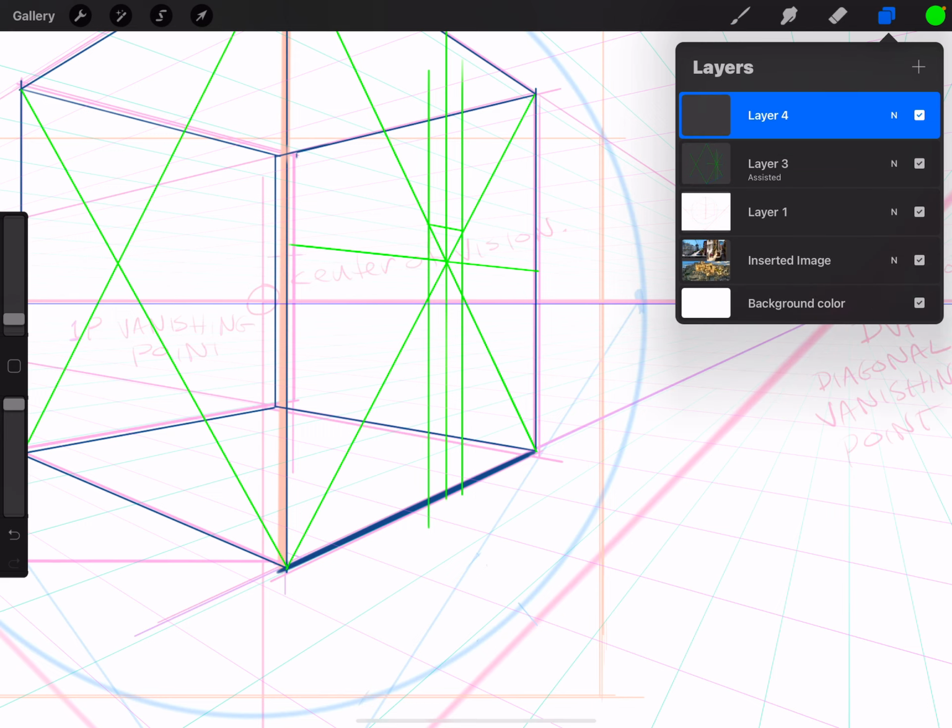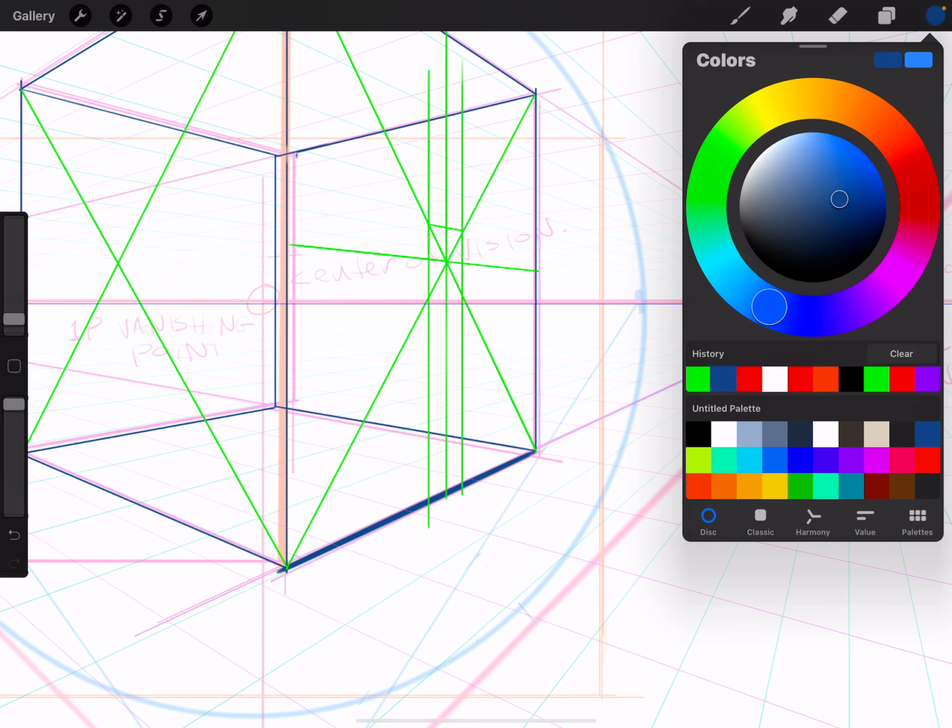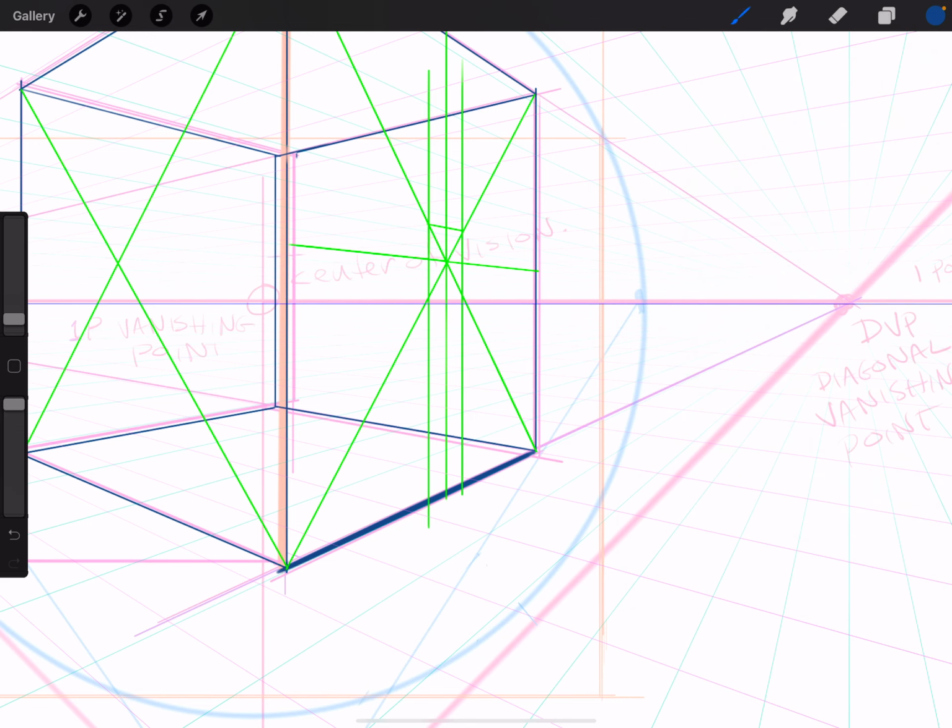So I'm doing a new layer for this because I've got the perspective assist on the other layer, and then it can't just freehand draw. It'll only conform to the perspective I've got set up. So this front, let's see, roof on that. Okay, so I'm going to make a little guy about maybe